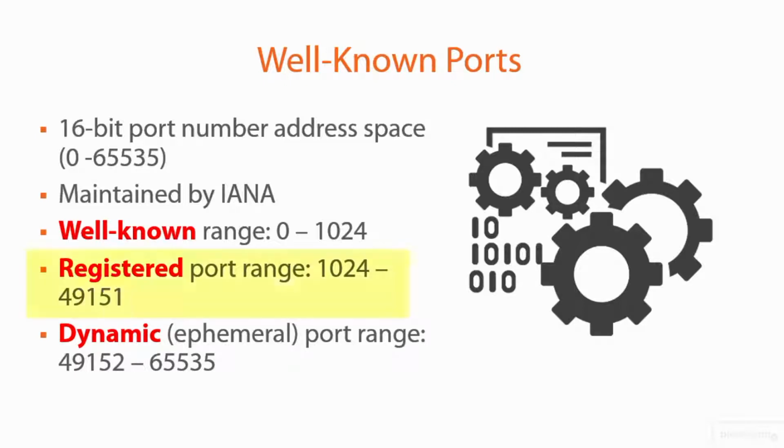The range from 1024 to 49151 is called the registered port range, and this is where, for instance, if we wanted to develop a line of business network application, we can configure it to listen on a particular port. Now you may run into conflicts with another line of business piece of software, but there's no reservation made for those IDs. Finally, the dynamic or ephemeral range goes from 49152 to 65535, and many network services will connect